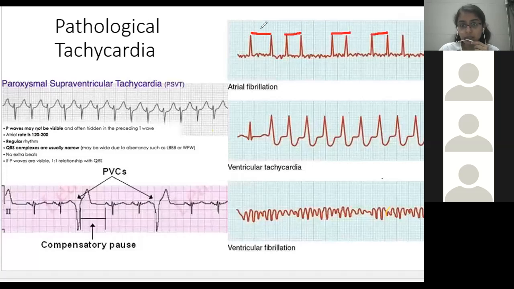See the distance between the first two consecutive QRS complexes, next to this the distance is less, this distance is less. So it is very irregular. The heartbeat is irregularly irregular. This is the kind of graph you see in atrial fibrillation. Now there is ventricular tachycardia or ventricular fibrillation.